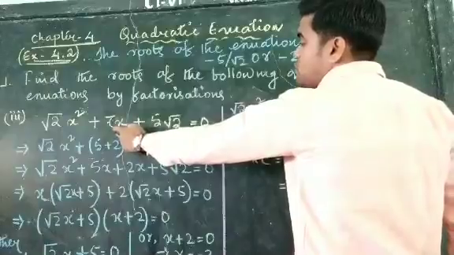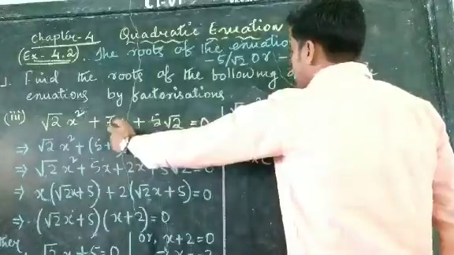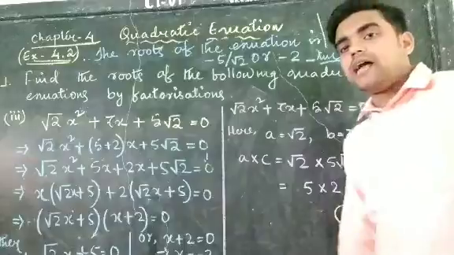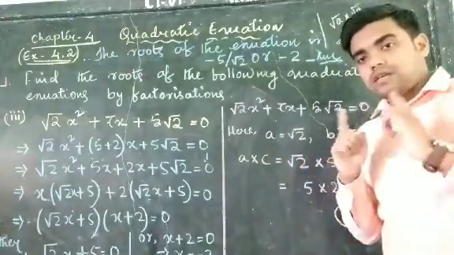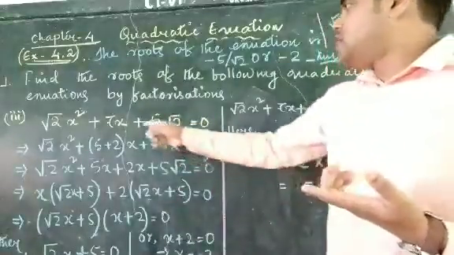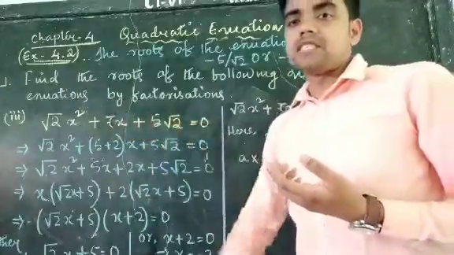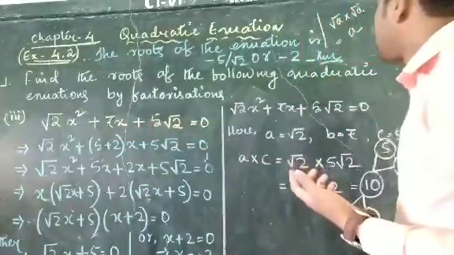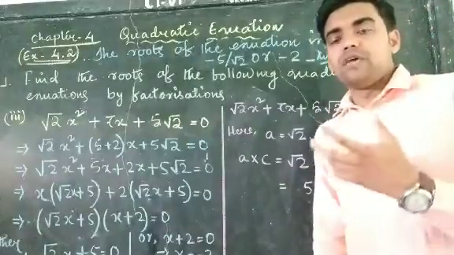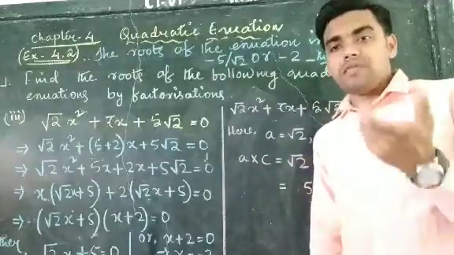We can see the coefficient 7x. So the coefficient of x is 7. Now we decide which pair of factors we can choose, whether to subtract or add, so that we get the answer 7. You can see in 7x a plus sign is there on both sides. So we cannot subtract 5 and 2. You cannot subtract 2 from 5, and you cannot subtract 5 from 2, otherwise the answer will be 3, isn't it?